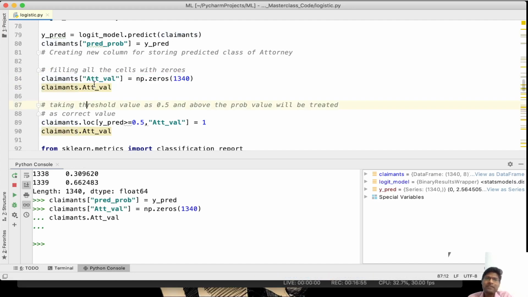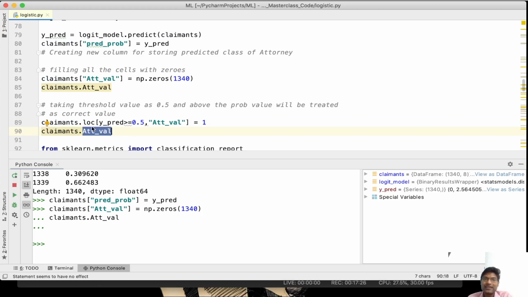The reason I am creating these zeros is that I am going to read the probability values, and if the probability value is greater than 0.5, then I will update this attribute value to 1. Then I will treat the attribute value as the final outcome of the model. So our final classifications, or final predictions, will be present in this attribute value.